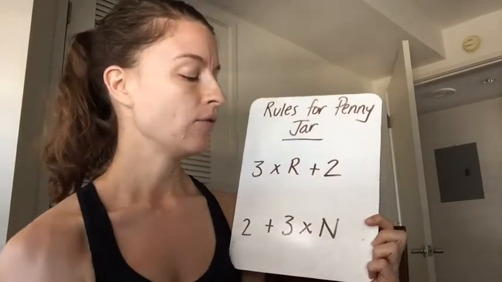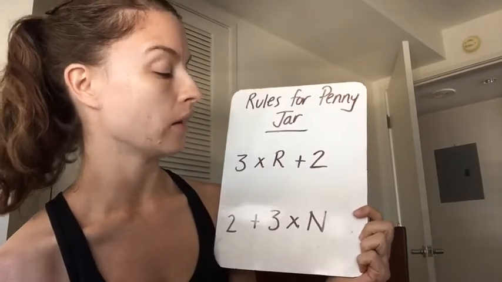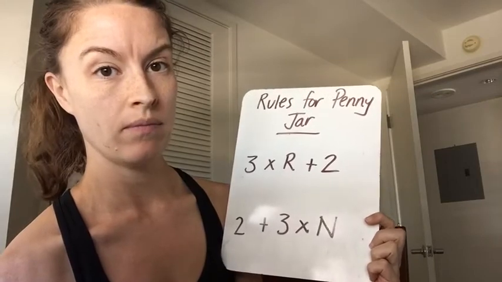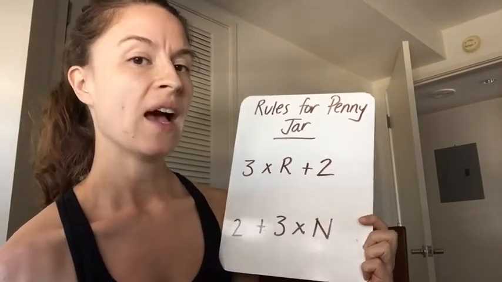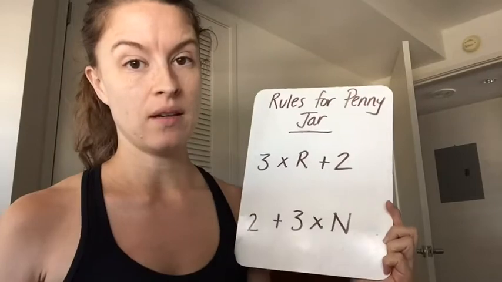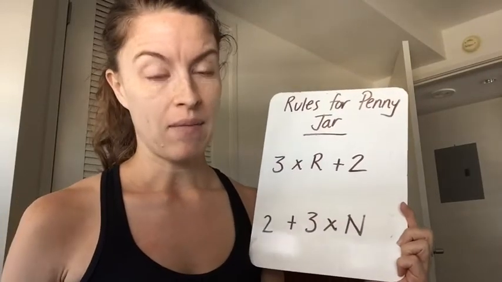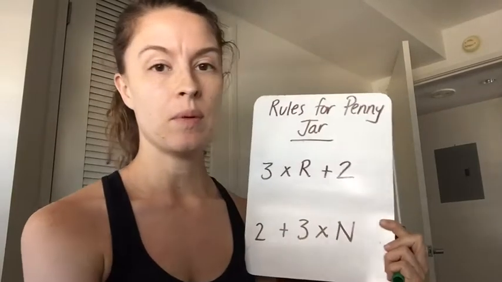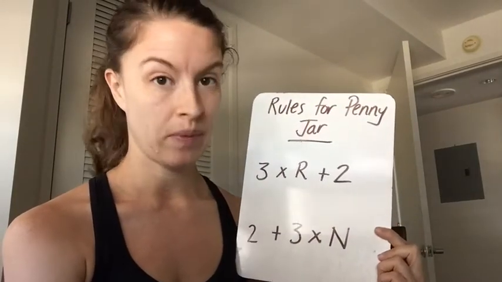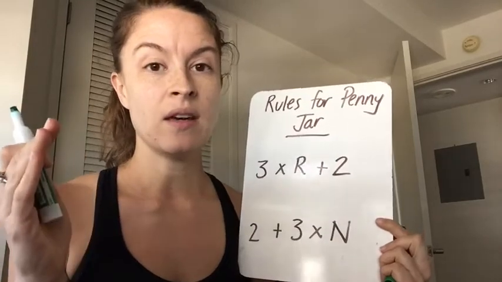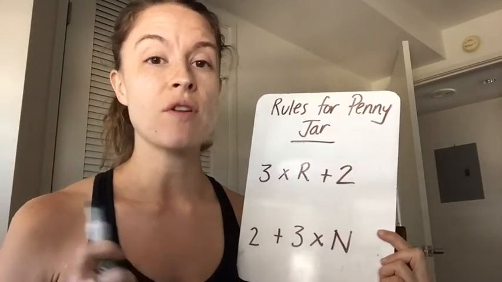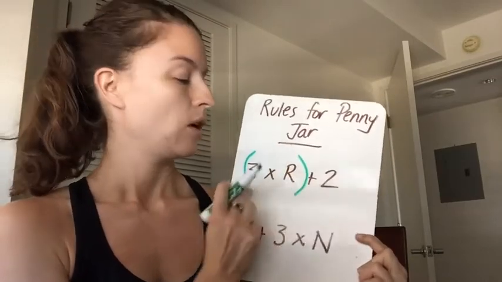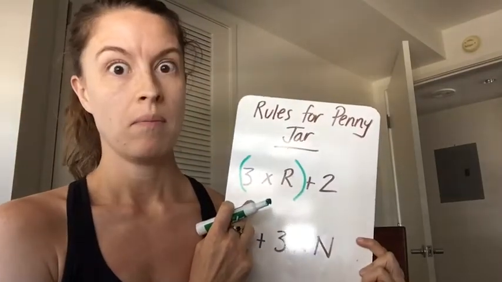Okay? Now, if we wanted to make this even more clear for whoever we give this problem to, we have something that we don't have to use, but it can be very helpful in math, and we call those parentheses, okay? So I tend to put parentheses around what I multiply, because it tells the person doing the problem, do this first, okay? So you could also do